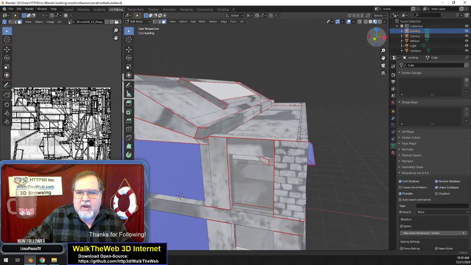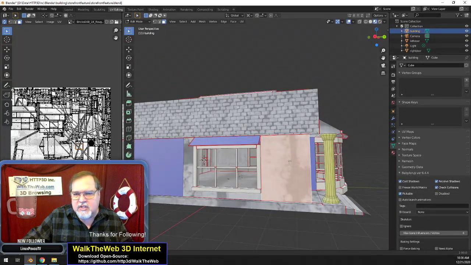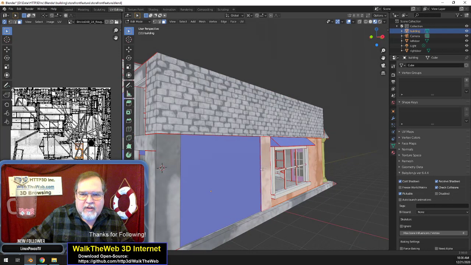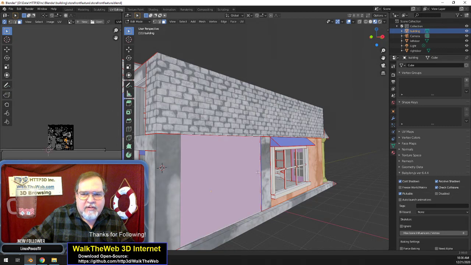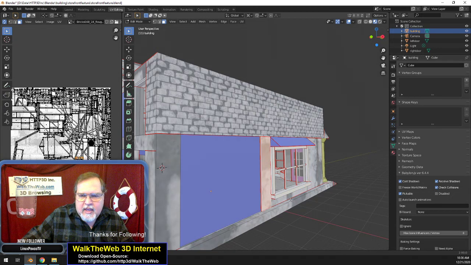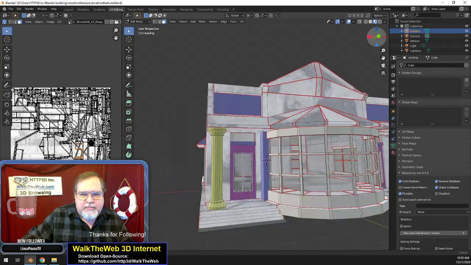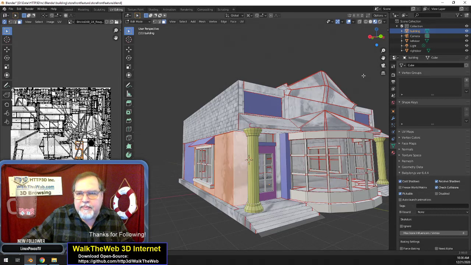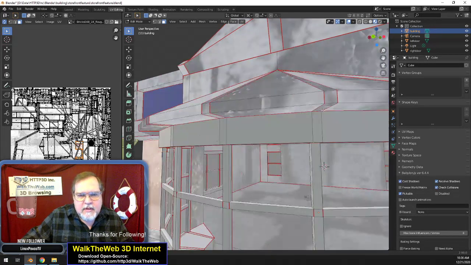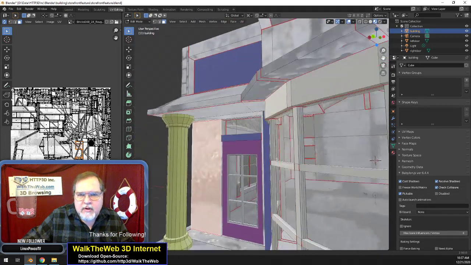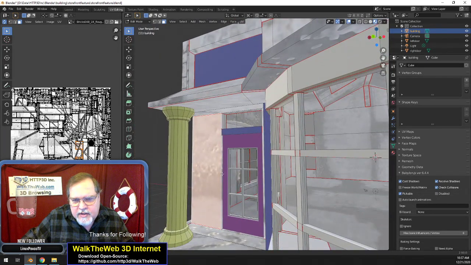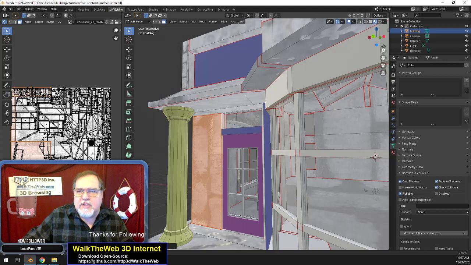So if we continue on around, we can do this to the different sections of the page. We just have to connect the pieces that we want to be part of it, like if it wraps the bricks around this edge here, if I can get this over here, and wrap it around there and grab these so that it has all the pieces that are connected to that seam. And I think if I move over, there's a little edge of it here and a little edge of it there. Okay, so if I get those, then if I do UV unwrap,